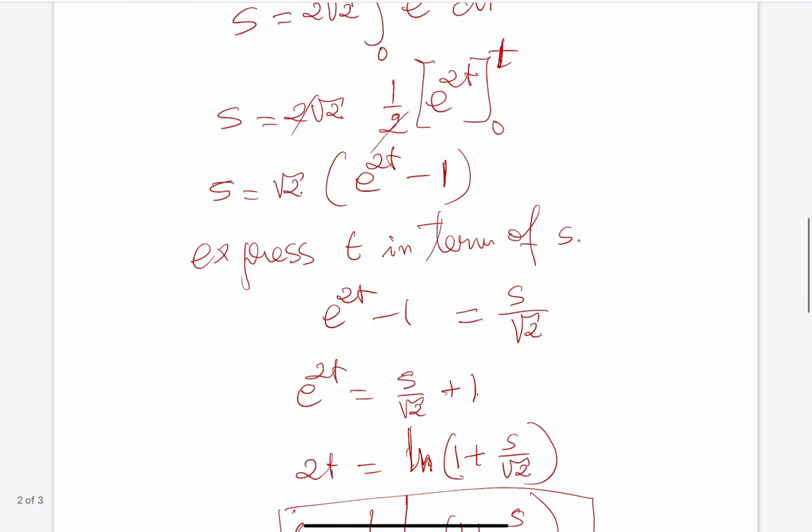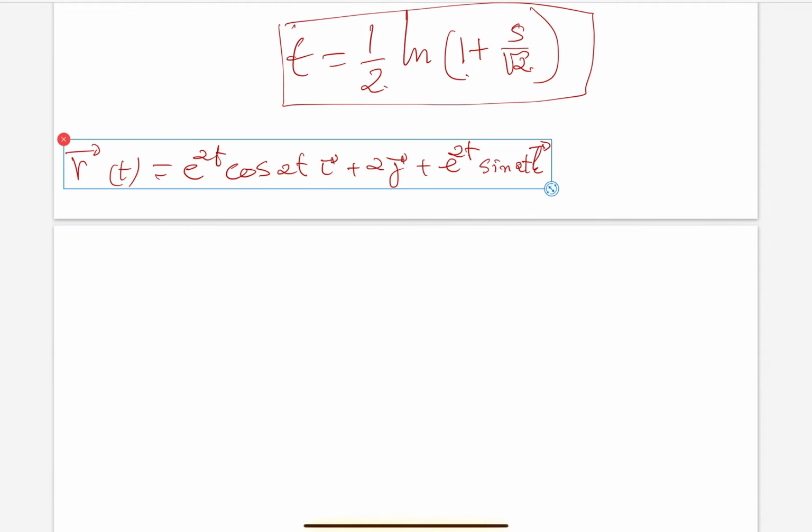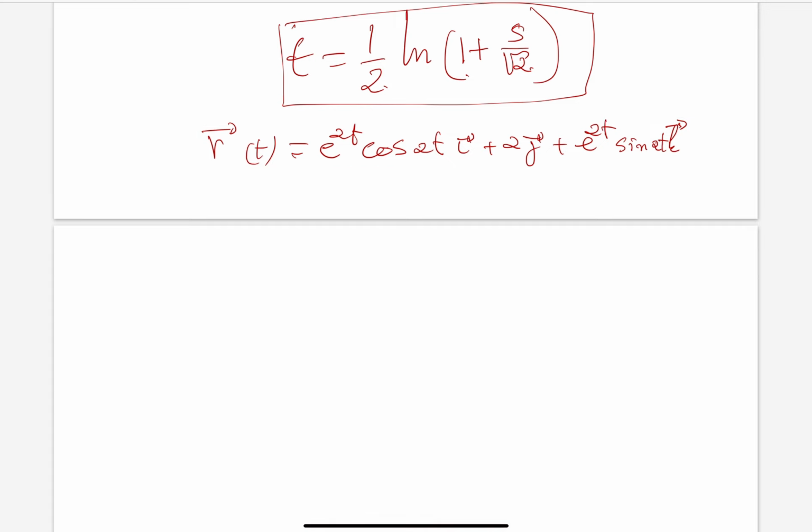You know the vector function is this one. We have to replace t here, and we can express the vector function in terms of arc length, which is equal to 1/2 of ln 1 plus